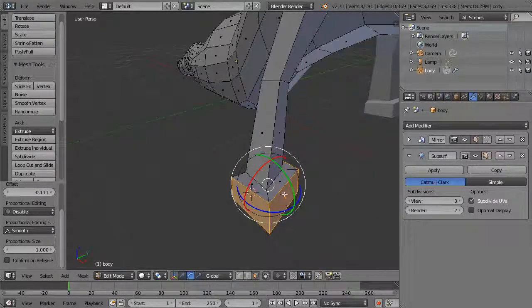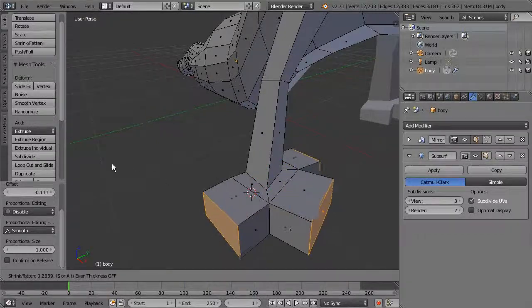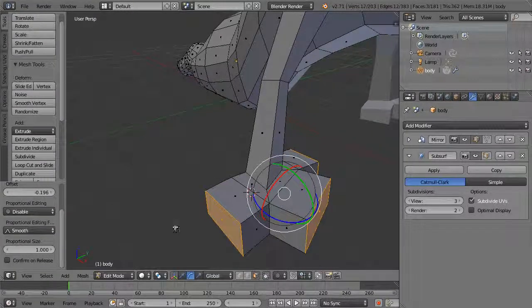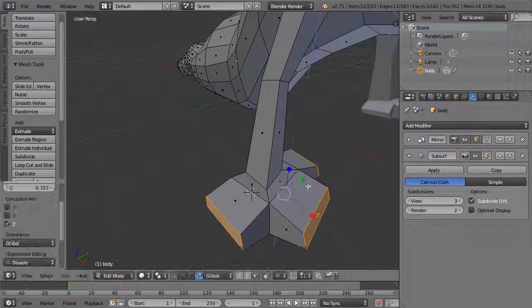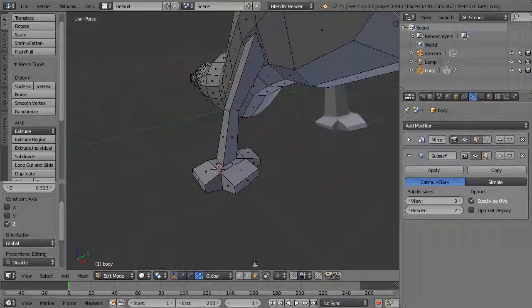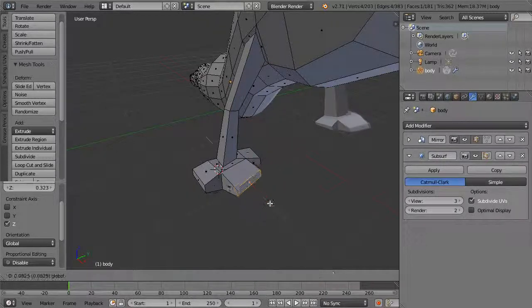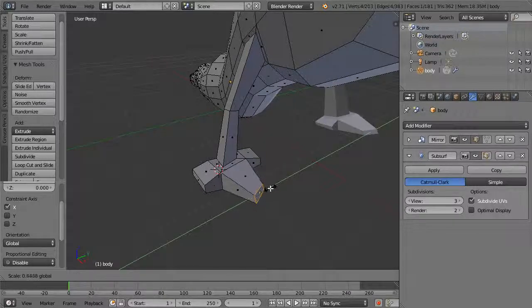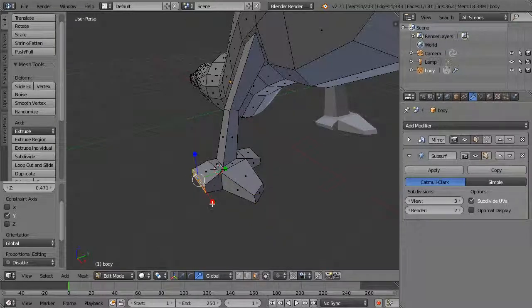Now I'd like to extrude out some individual toes. So if we do extrude individual, that will allow us to extrude each of these faces individually. Then we can come in here and scale those down a little bit. And then if you want to grab each individual face, let's actually do that. Just grab the face, and then we can pull it forward. And we can come in here and scale it down a little bit. And we can do the same thing here